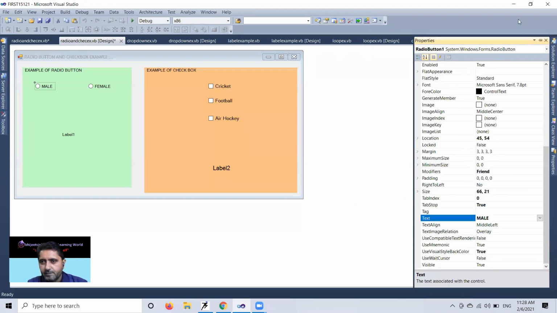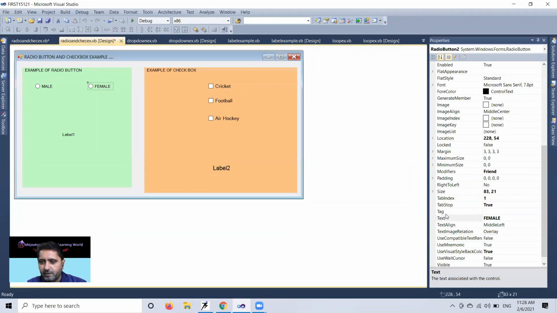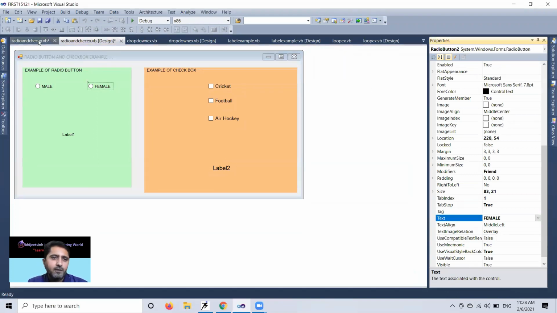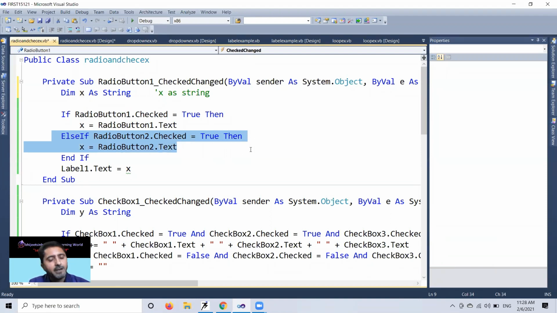Same like this, this is my radio button 2 and the property is Female. So in the code, my x will accept Male. Else if RadioButton2.Checked equals True, then x will be RadioButton2.Text. So x will store Female. And Label1.Text equals x, my variable.